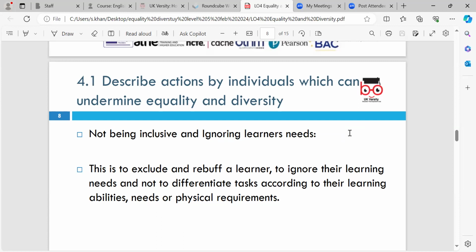Are you ignoring? Are you being diverse? No, you're not. I think they're going to feel excluded, especially if there's a legitimate issue. Again, if you are teaching English as an additional language, for example, those students would need extra support. And if you're speaking in a language that they don't understand, are you being diverse?